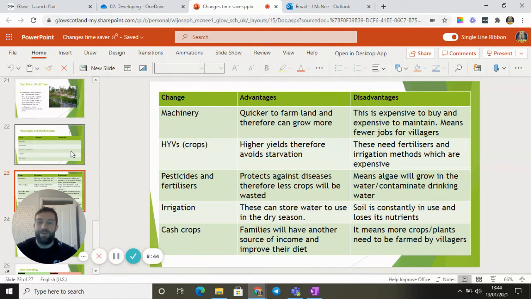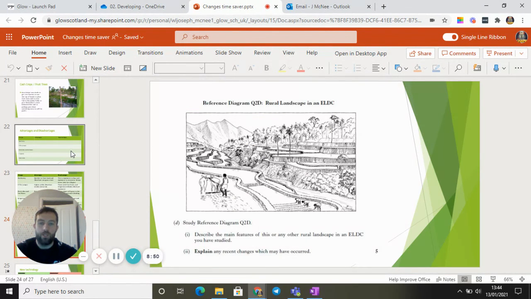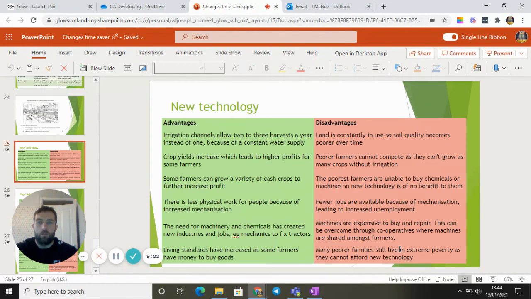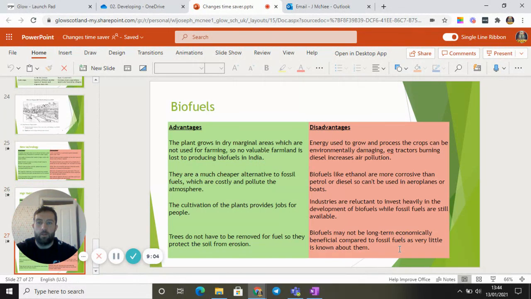Alright, might be an idea to pause this here and then fill in that table. So, a question you might get in an assessment would be this bottom one here. Explain any recent changes which may have occurred. Alright. And we're not going to go through that because it's too